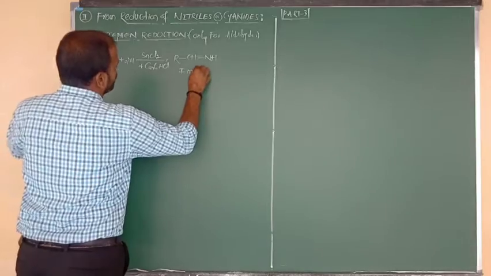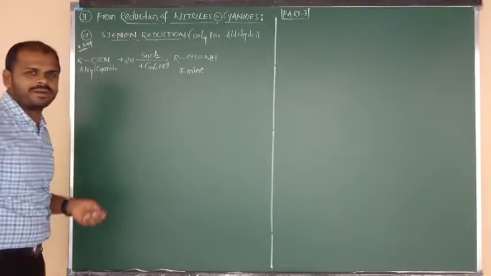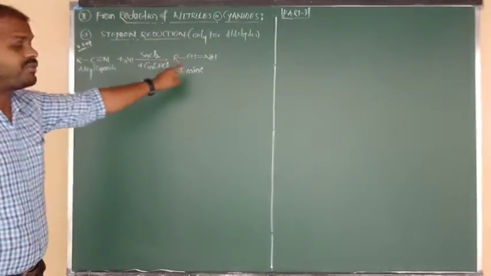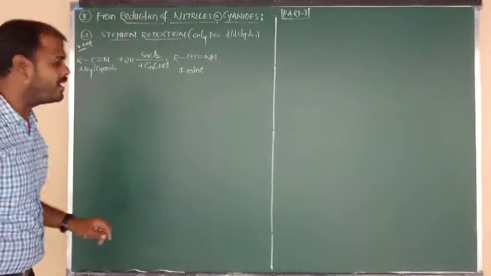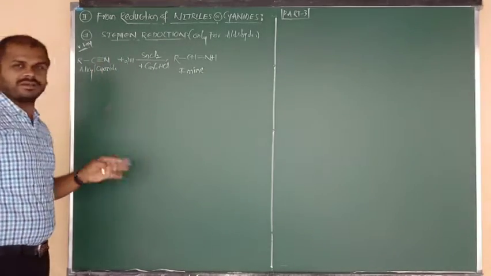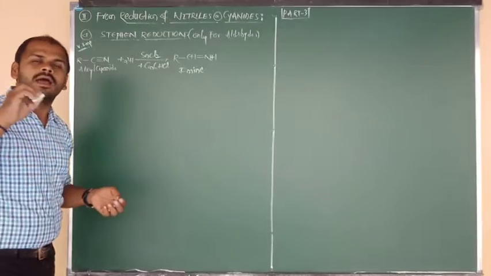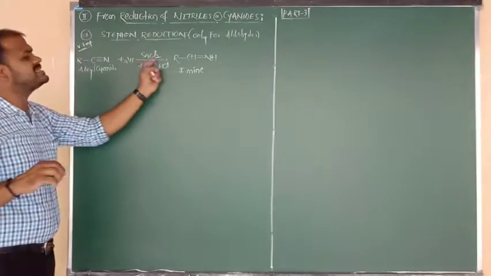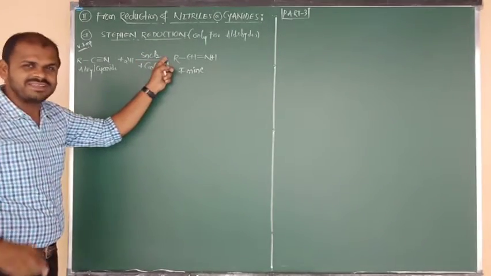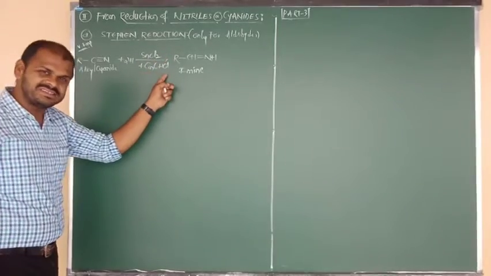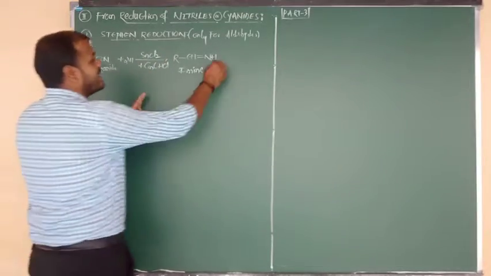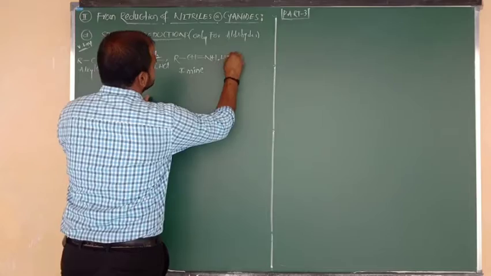Just now I told you the name of this compound, beta. Try to focus on that only. Okay, beta? So addition of hydrogen takes place only, and it is highly favored by SnCl2. But along with SnCl2, the more reactive HCl is there, beta. That HCl we have to write here as it is.